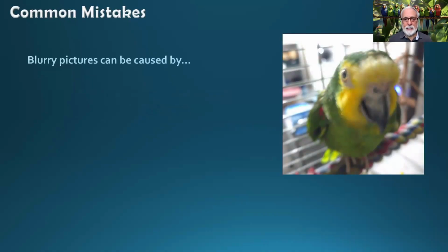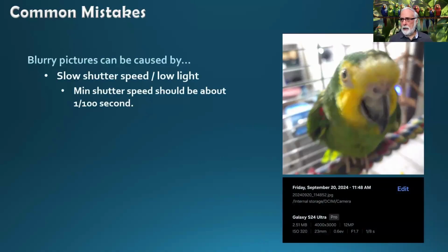So if we go back and look at this blurry picture, this blurry picture was caused by movement by me. I'm the photographer. I moved the camera. I didn't do it on purpose, but because there was dim light, and when you shoot in dim light, you're going to have a much higher propensity of getting blurred images like this. And the reason for that is because the camera selects a shutter speed. The shutter speed determines how long light is allowed to reach the sensor in the camera, the light sensitive sensor, to create the image. And the longer you allow light to come in, the more likely you're going to move the camera